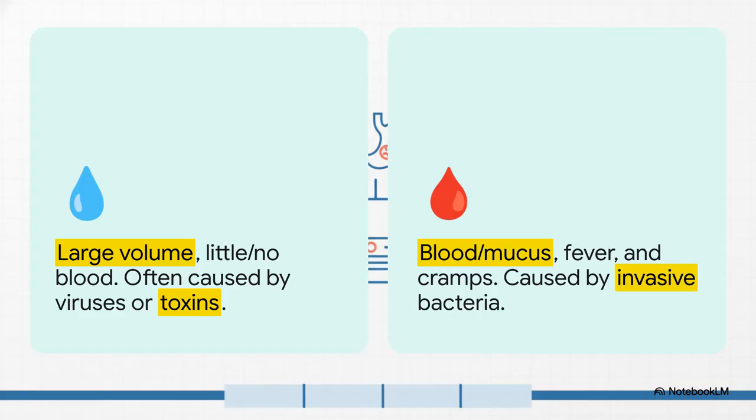The first huge clue is the type of diarrhea. So here's the analogy. Is it like a leaky faucet that's just been left on, pouring out huge volumes of water? Or is it more like a burglar has broken into the house, smashing windows and leaving a mess of blood and debris? The leaky faucet is watery diarrhea. This is usually caused by viruses or toxins just tricking the gut into dumping fluid. The burglar, on the other hand, is inflammatory diarrhea, also called dysentery, where invasive bacteria are literally damaging the wall